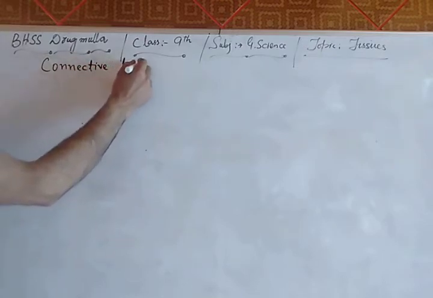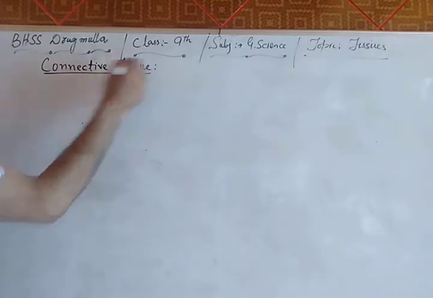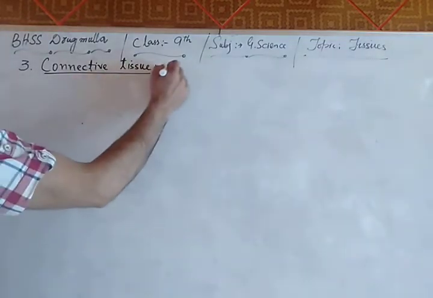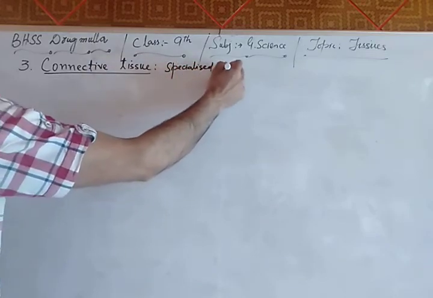Connective tissue. The third type of tissue that is present in the animals, that is the connective tissue. Epithelial tissues and muscular tissues we have already done. This connective tissue, as the name suggests, is specialized to connect